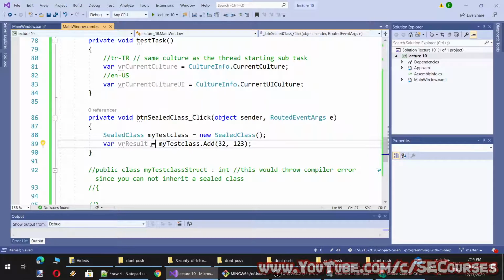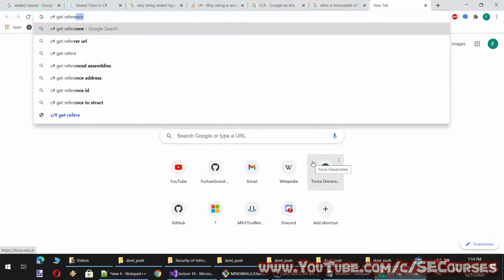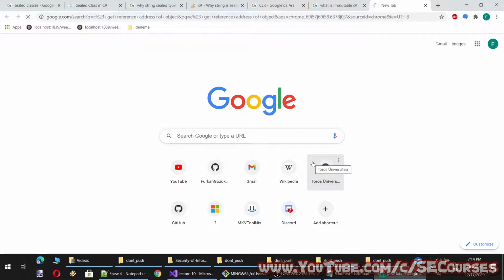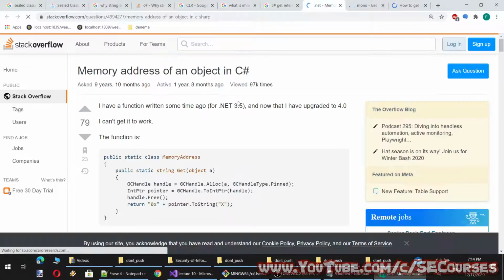Okay, so this returns an integer. So let's use integers. I wonder if we can get something. So you will understand the immutable object or struct difference.